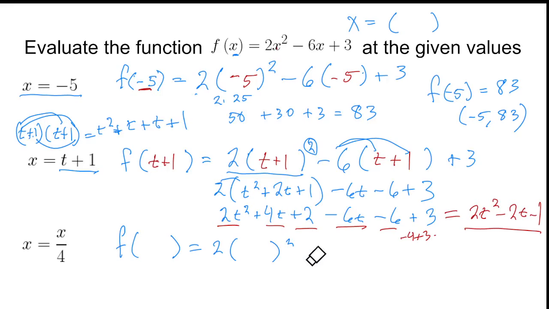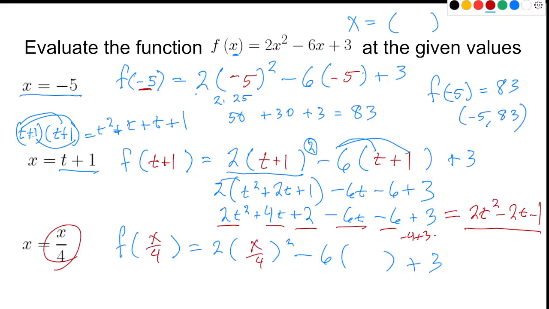minus 6x plus 3. And then we're going to fill in with what? Well, this is what x is. It's x divided by 4. Okay, and so now we go ahead and do the arithmetic part. We square this, so this is going to be 2x squared. Now, when you've got a fraction, when you square it, it's x over 4 times x over 4,